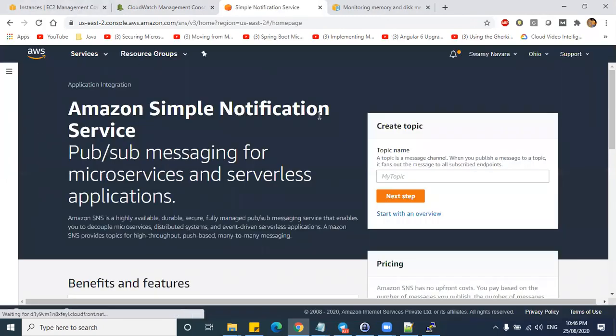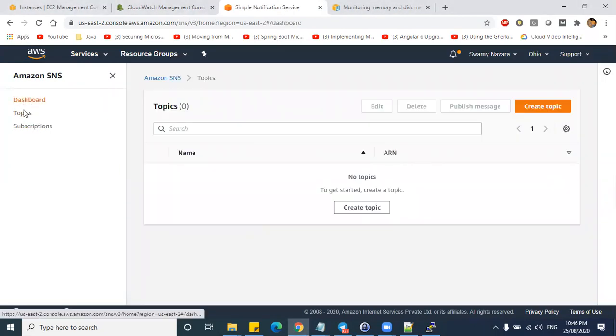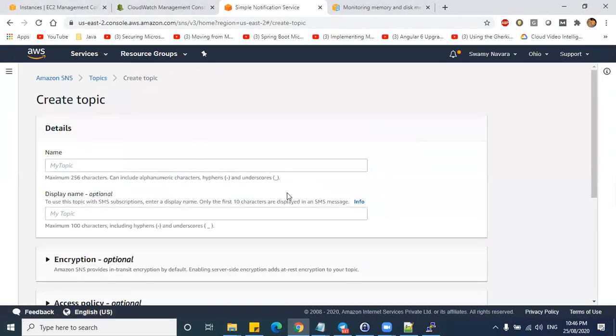Under SNS, basically you have two things: one is topic and one is subscription. Topic is similar to an event, like you create a topic, and this topic will have a few subscriptions. A subscription is similar to a subscription you do for Netflix or some email, right? So when you click on topics, I'll create a topic here.